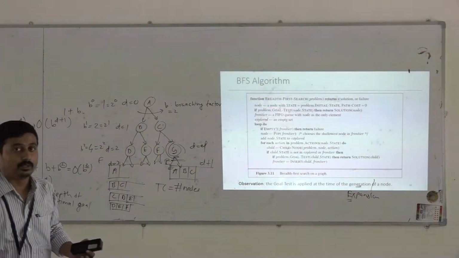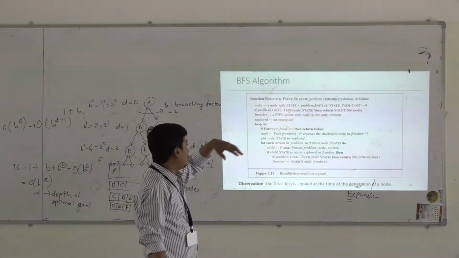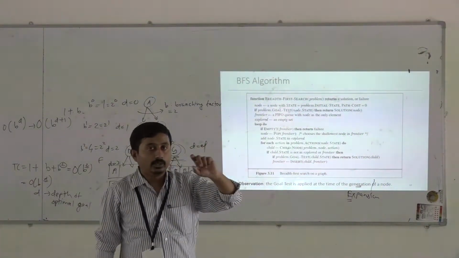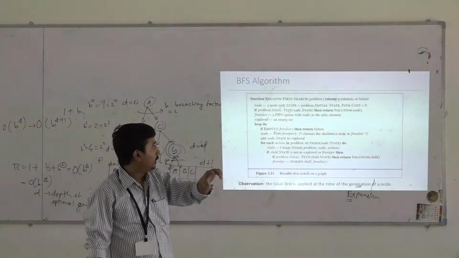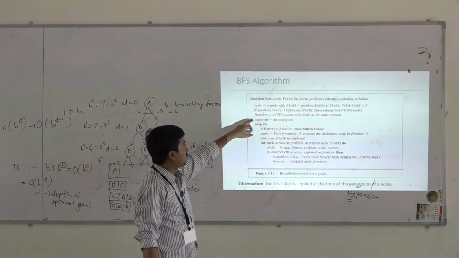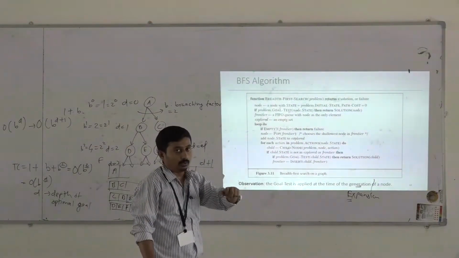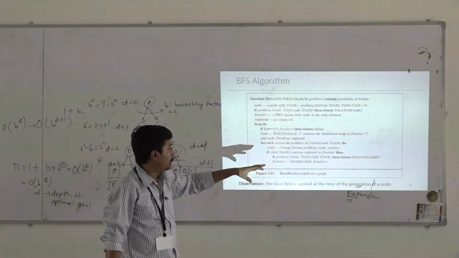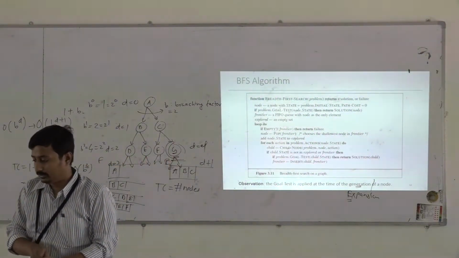So is the algorithm clear to you? It is just like our basic structure. You start with the initial state as the only element in the frontier. Then you check whether that node is a goal. Initialize the explored set as an empty set. Then you remove a node from the frontier and expand it. You add the children to the frontier, and so on.